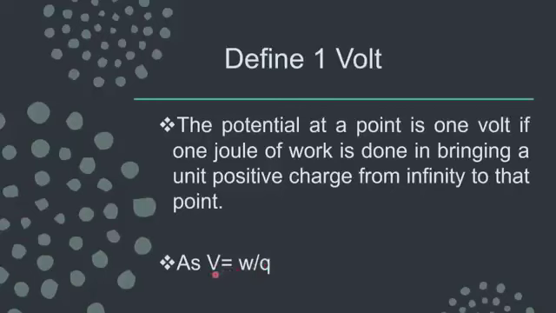So if you are writing for potential difference, this will be Vp minus Vr. Delta V you can write, that will be equal to delta W upon Q, but dimensions and units for potential difference and potential will remain the same. So either you are bringing the point object from one point to another, or you are bringing from infinity to the given point. If you are bringing from infinity to the given point, you are finding the potential at one point. If you are bringing from one point to another point, then you are finding the potential difference. So both are the same, but significance is there for potential difference. Units and dimensions for both will remain the same.